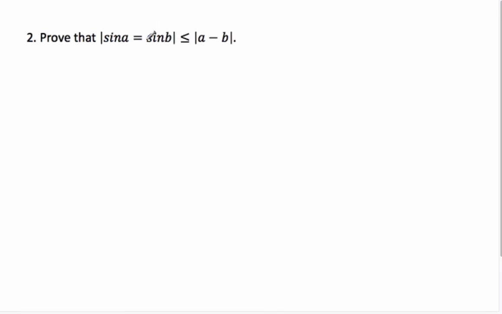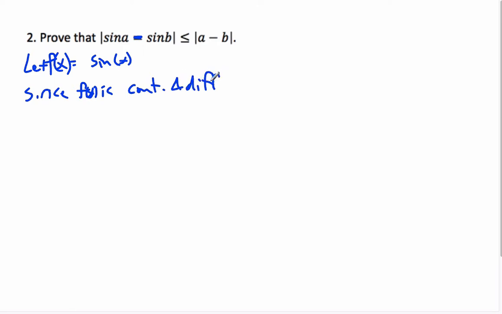Okay, next we're going to use the mean value theorem to prove that the absolute value of sine a minus sine b is less than or equal to the absolute value of a minus b. Okay, we're going to start by letting f of x, the function, equal sine of x, and use the mean value theorem. You notice you're going to get something that looks like this. So we know this is continuous, okay,